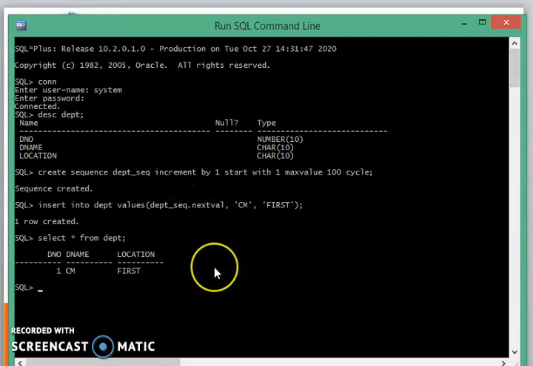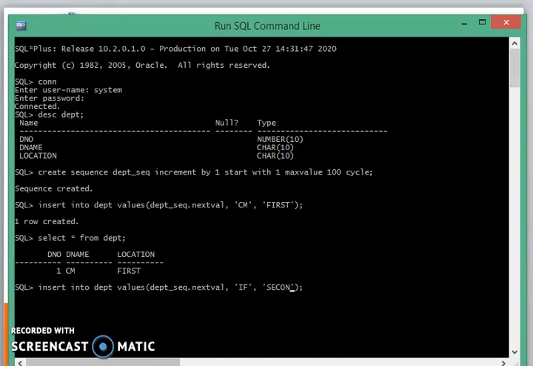Now when next time we insert the next row, I am changing the values for the second row. Instead of CM, now the department is IF and location is second floor. For the next row, automatically the sequence will generate the number 2 because we have incremented the sequence by the value 1.